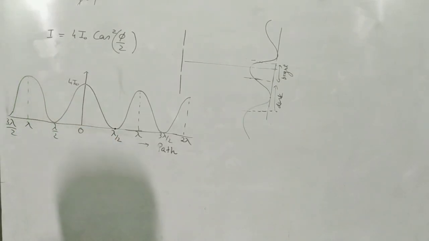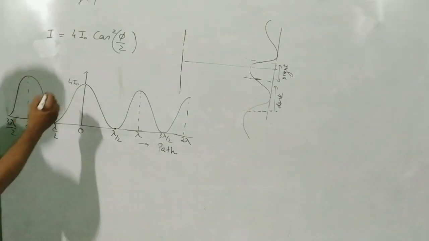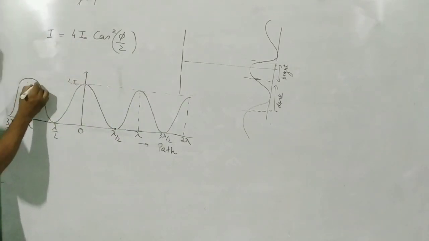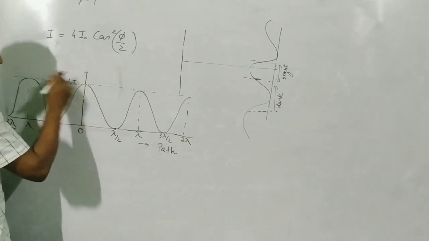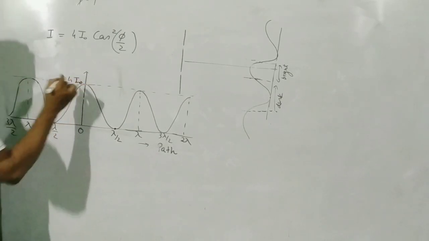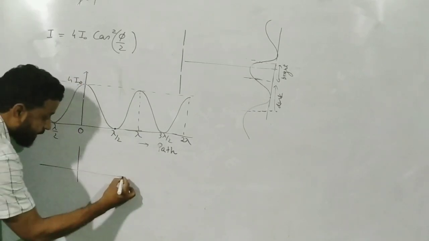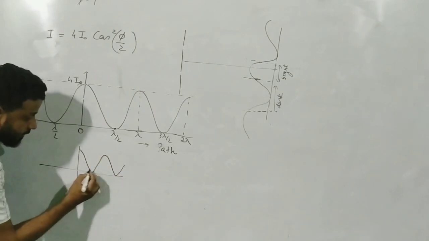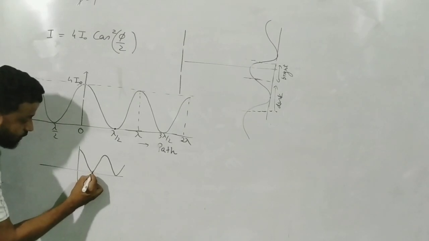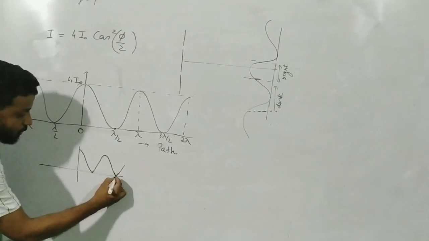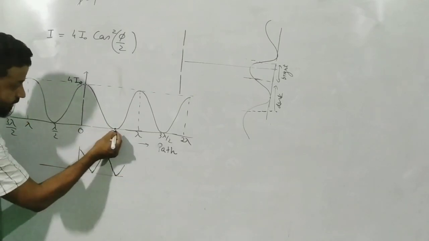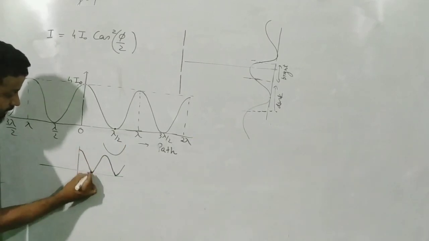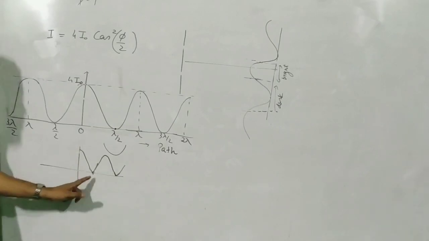Okay, please know how to label the graph. These are all 2 marks questions, and ensure that you keep the height constant. The height should not fluctuate. The height should remain 4 I naught throughout. Also, they will not give you marks if you have drawn the graph like this. Look at here. You are making a sharp turn over here. There is no sharp turn over here. It's a transition. Okay, it goes like this and then goes up. It's a transition, not sharp ends like this. They will not give marks if you draw it like this. Trust me.